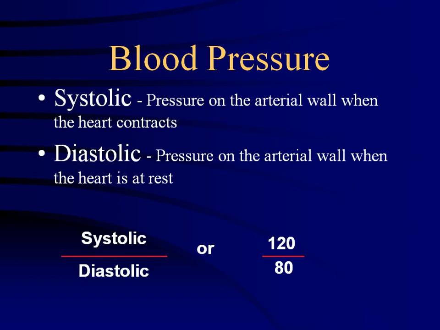All right. As far as the blood pressure, okay, you have two values. You have the top number, which is also called systolic, and the bottom number, which is called diastolic. And all this really is doing is measuring the contractile force of the ventricle. You remember heart anatomy, you've got two little chambers up here and two down here. These up here are called atrium, these down here are called what? Ventricles. Now, if I were to say to you, I'm going to let you take two chambers of the heart,